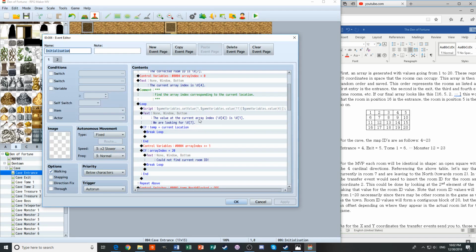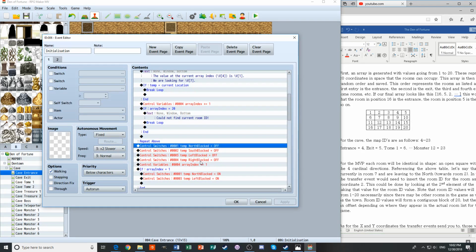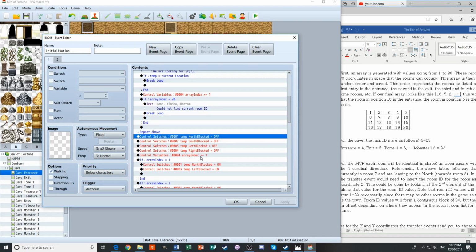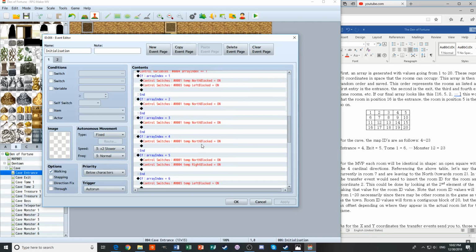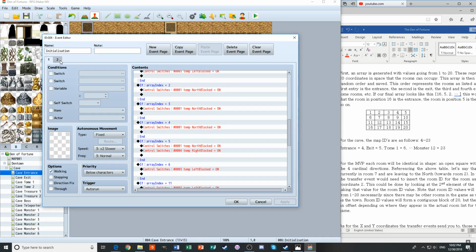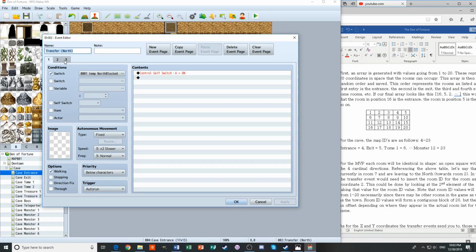Okay. So what happens here? Break loop, then we go to here, set all of the switches to be off. Array index goes on. Actually, I can't remember. Do these play left to right, or do they play right to left? That might be the issue. It might be a case of